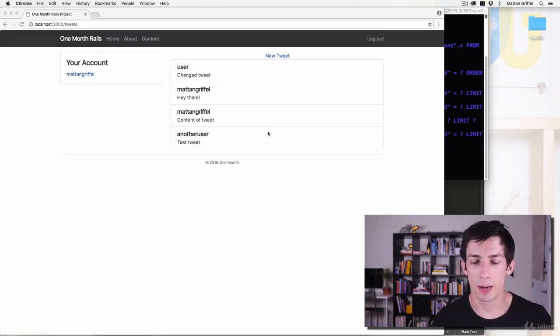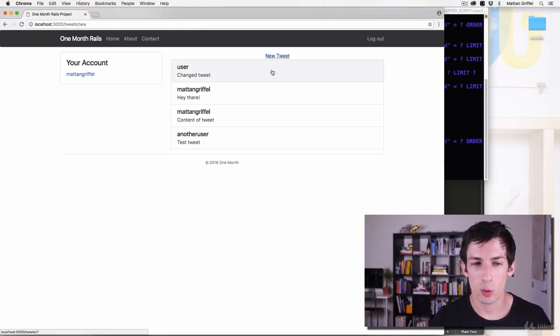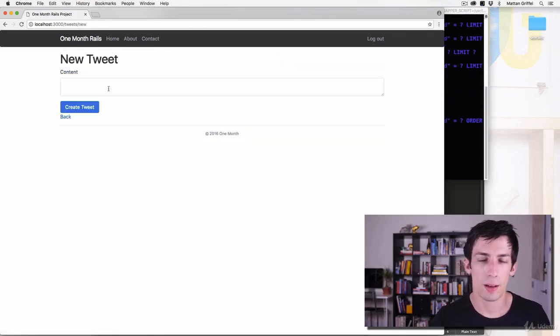So let's say you built your app, but instead of tweets or stories like Reddit, you want to build Pinterest. Well, I hope you're starting to understand that we built tweets, and tweets just have content. But they're just a resource like any other resource. And in fact, the only difference between this app right now and Pinterest is that right here, you could upload